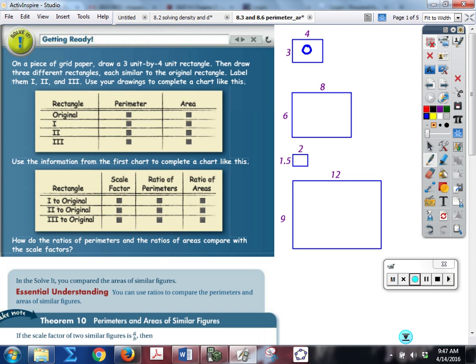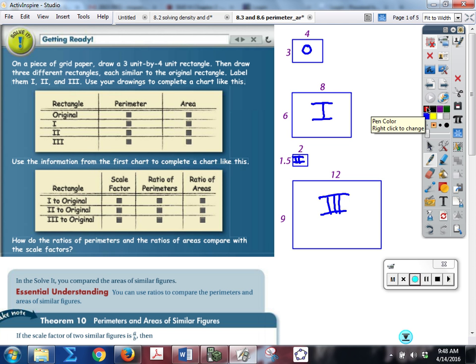So this one's twice as big on the dimensions, 6 and 8. This one's half as big. We'll call this one the first one. This one we'll call it figure 2. And then this one is 3 times as big as the original one. Okay? So the original one, Amanda,